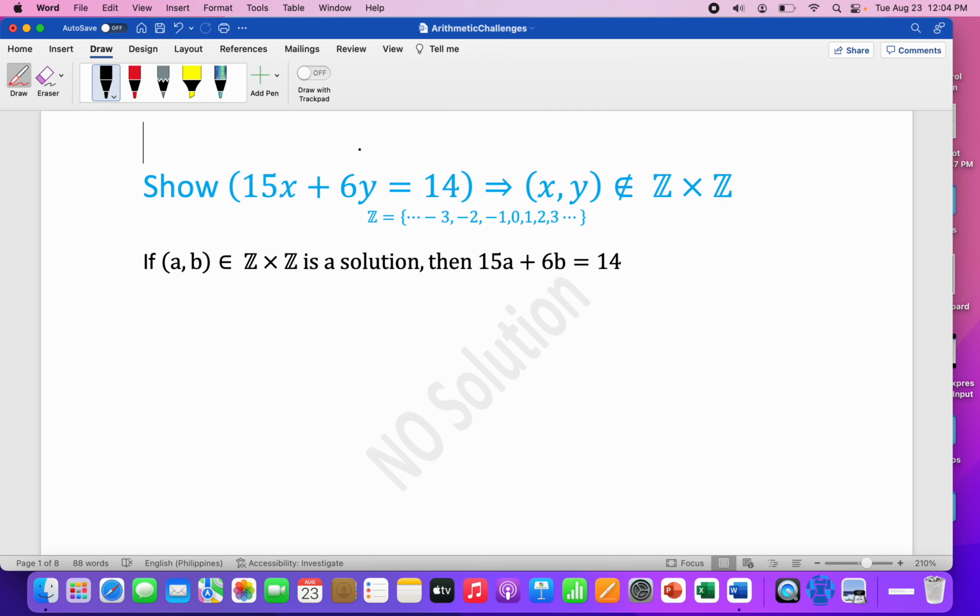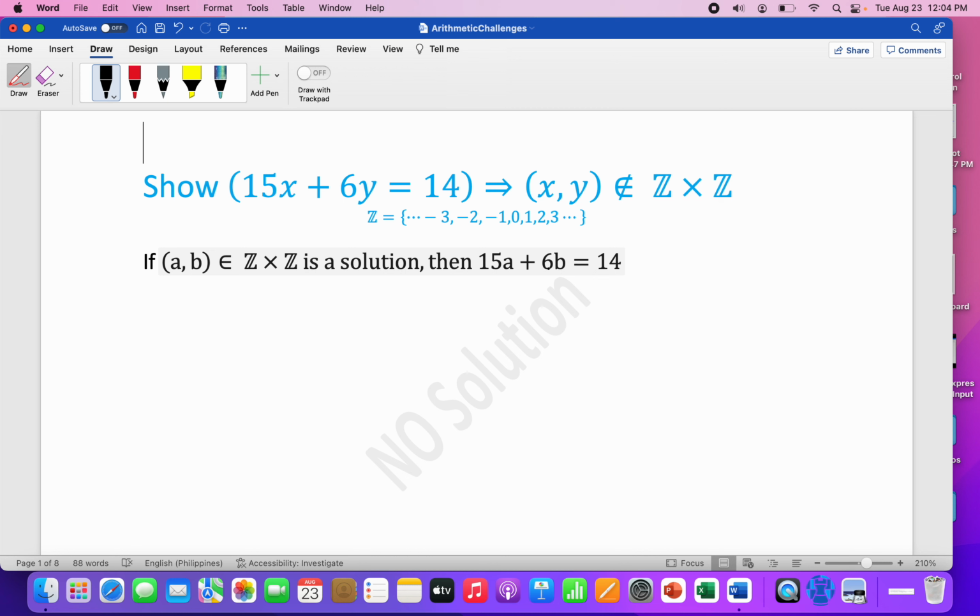Now, this is fairly straightforward to show. If there was a solution, that's what this says right here. If (a, b) is a member of Z cross Z, which is sometimes called the Cartesian product, it's just the set of all possible ordered pairs comprised of integers. Now, if you take a look at this statement right here, if this were true, we certainly notice